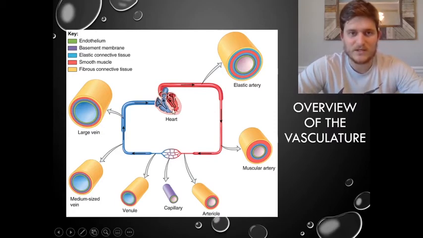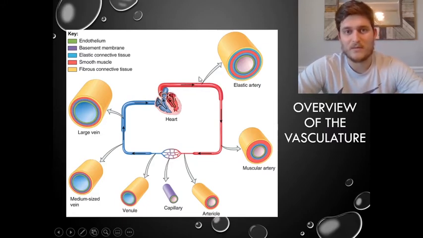So the heart is going to pump out this oxygenated blood and it is going to go through this big artery right here called the aorta, and then from the aorta, all that blood that's pumped out from the heart is going to be distributed throughout the body through these arteries and head away from the heart towards cells and different tissues of our bodies. And so that blood will carry oxygen and nutrients to all these different cells,